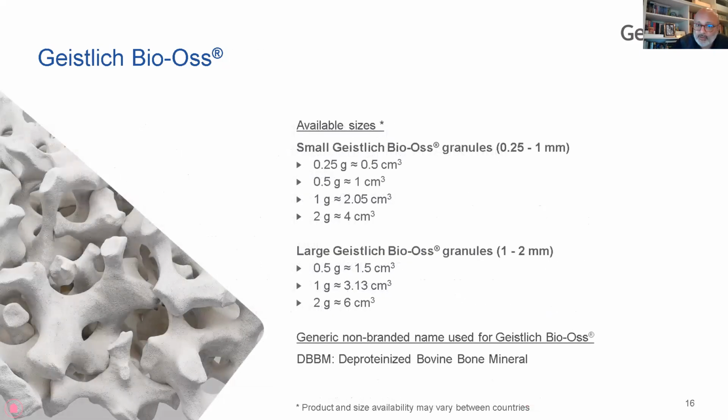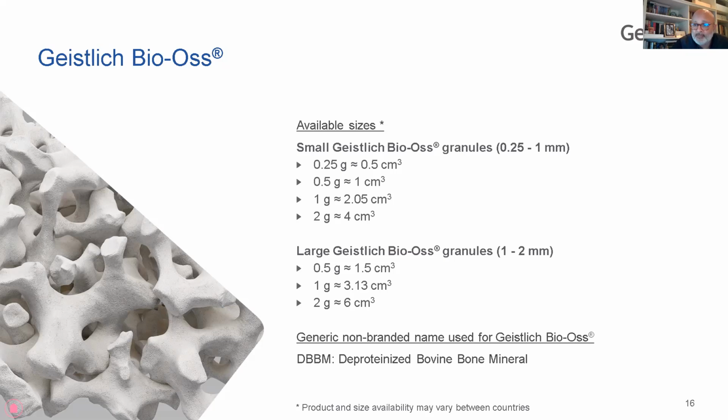Bias comes in several granule sizes. This is useful. It comes in two different sizes, small and large. I tend to use large for sinus lifts and tend to use small for local sites. My technique with this tends to be that I like to try and get a 50-50 mix of the patient's autogenous and granules. The advantage of the 0.25 and the 0.5, if you do a lot of bone grafting, is